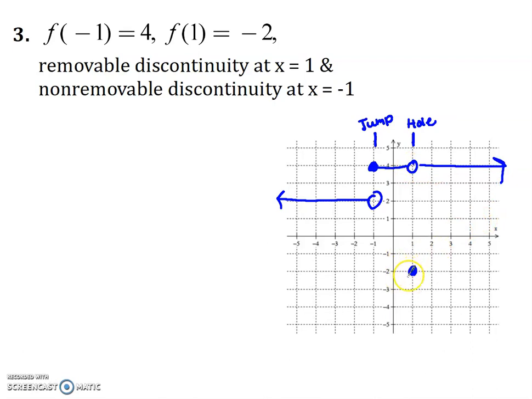So this one right here is just a random point by itself, okay, because they told us there has to be a hole at 1. Okay, so this open circle could have been anywhere along 1 except for this point. I just chose to put it next to the other one. Okay, and this portion and this portion both have to be connected to the hole. Okay. So again, this isn't the only thing that works, but it just has to be something that meets all of these conditions. So like another way you could have done this